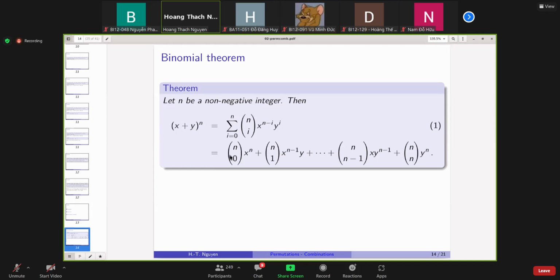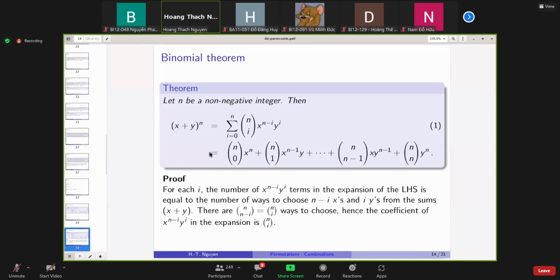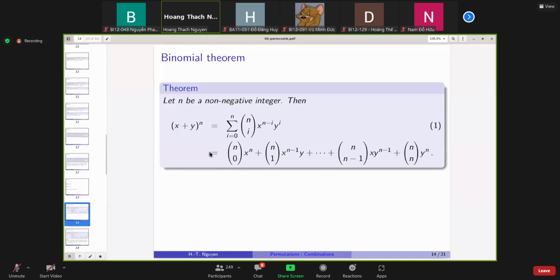You can see that the coefficients in the development are related to the number of combinations. In fact, you can prove this by induction on n, but here I present to you a way to